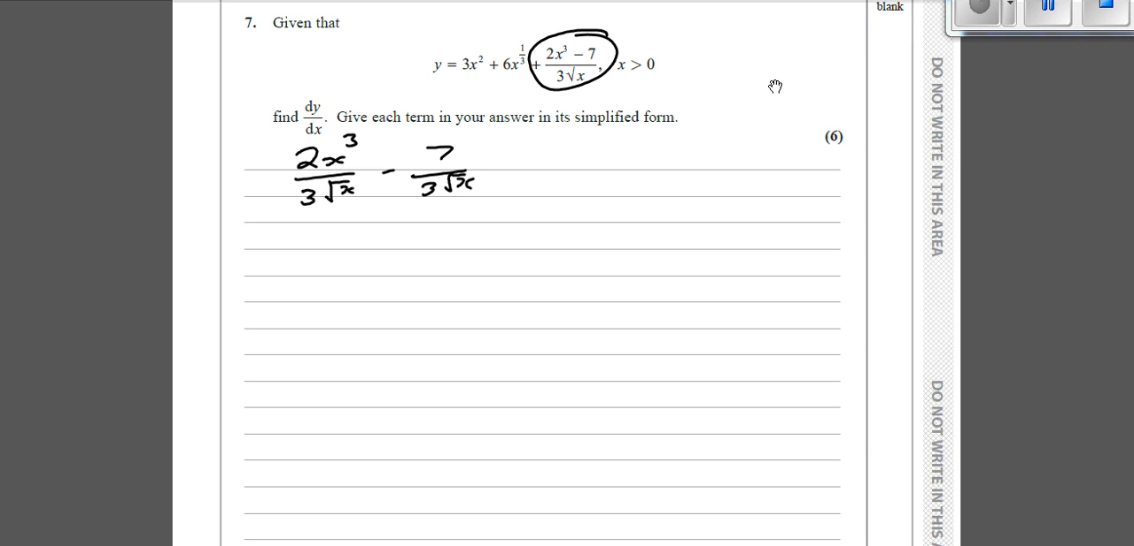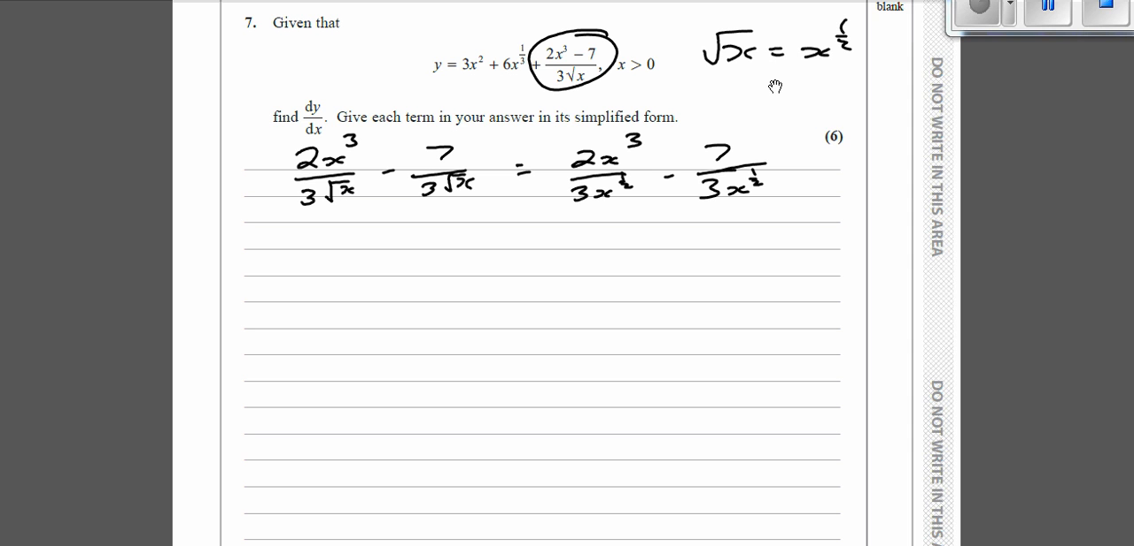Now root x we can just write as x to the power of a half, so square root of x is the same as x to the power of a half. So we're then going to write that out as 2x cubed over 3x to the power of a half minus 7 over 3, with x to the power of a half being on the bottom. Now we can't differentiate with stuff on the bottom, so what we're going to need to do is bring it